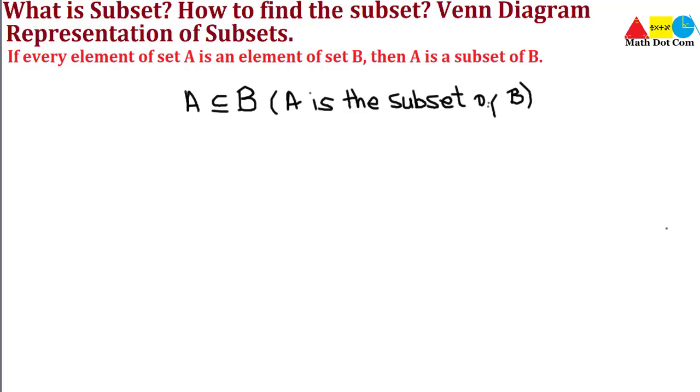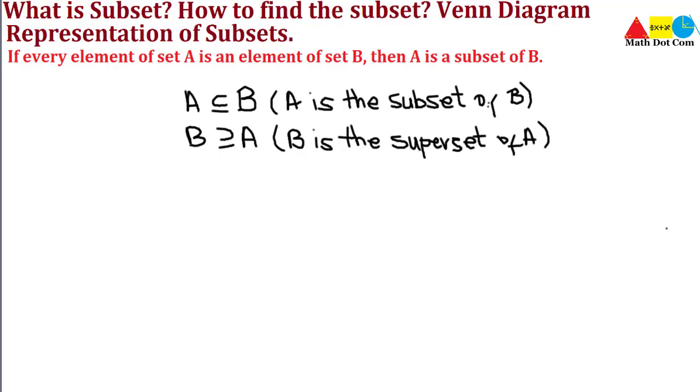And if B is not the subset of A, then one thing that is for sure, B is the superset of A. How can you write it? B is the superset of A. This is very important to know. This will be the case when A is not equal to B. Keep in mind that B will be the superset of A when A is not equal to B, and A is the subset of B. It all depends on the elements of A and B, and it is not necessary that A is always the subset of B.